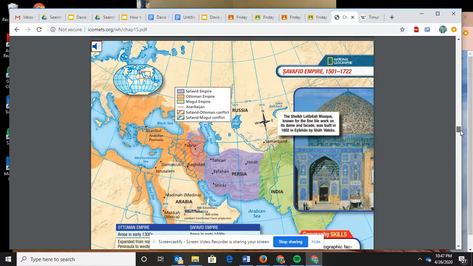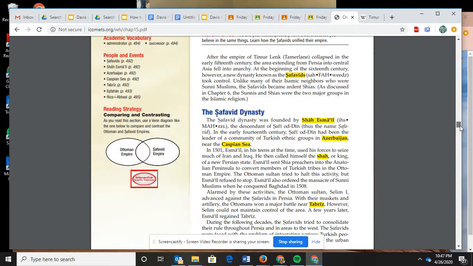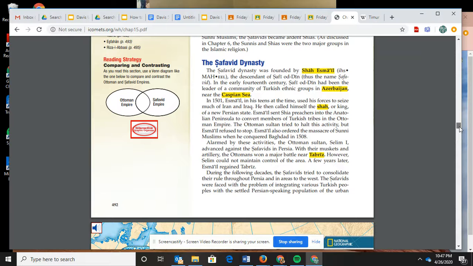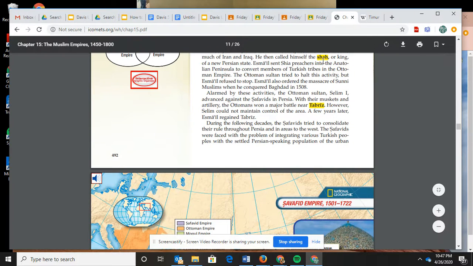But here, let's read about the Safavid Empire. So you saw, we don't talk about them as much. They use the title Shah. So if you see a sultan talking to a Shah or writing a letter to a Shah, which we have seen, they hate each other. The Sultan will hate the Shah, and the Shah will hate the Sultan because they're different forms of Islam.